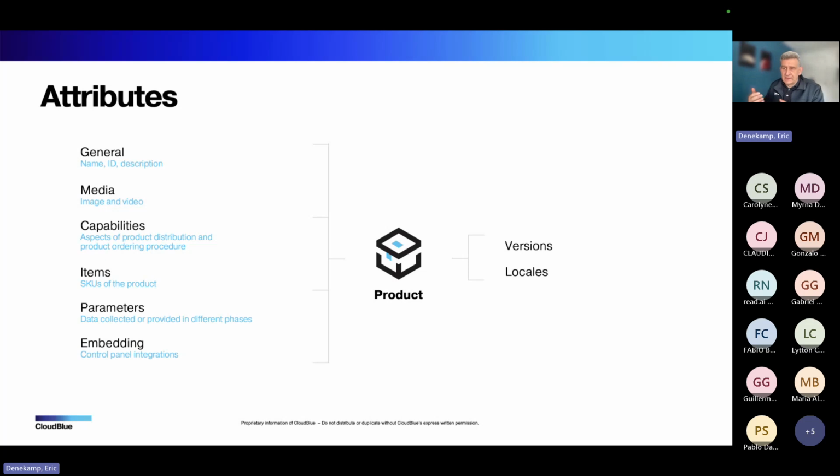Different scenarios as in when the customer just ordered the product. It's not provisioned yet, so we want to show him that we have seen that it has been ordered. There might be a reason why we have to ask for extra information from the customer. This is where we go back to that parameter